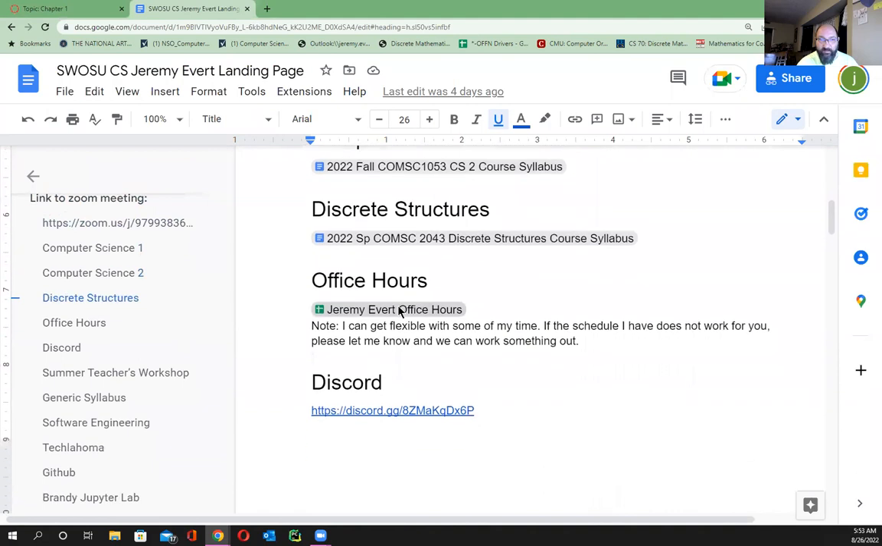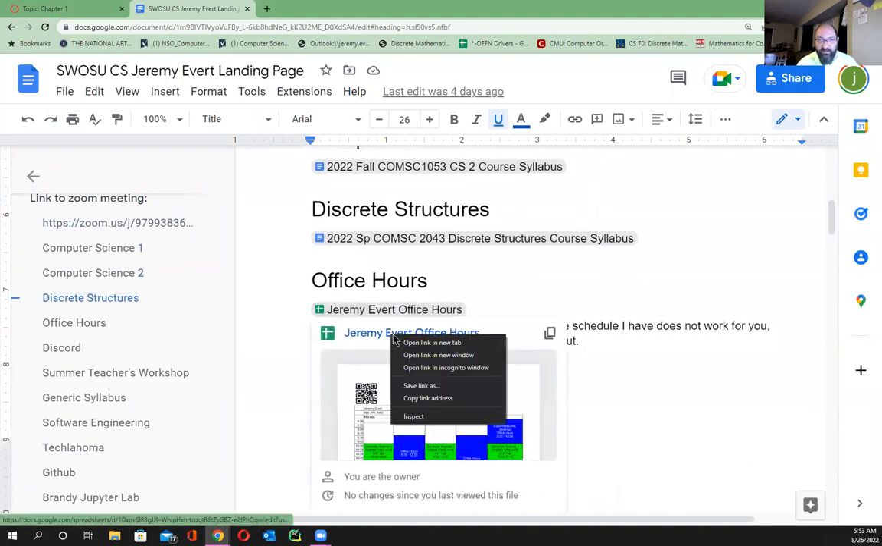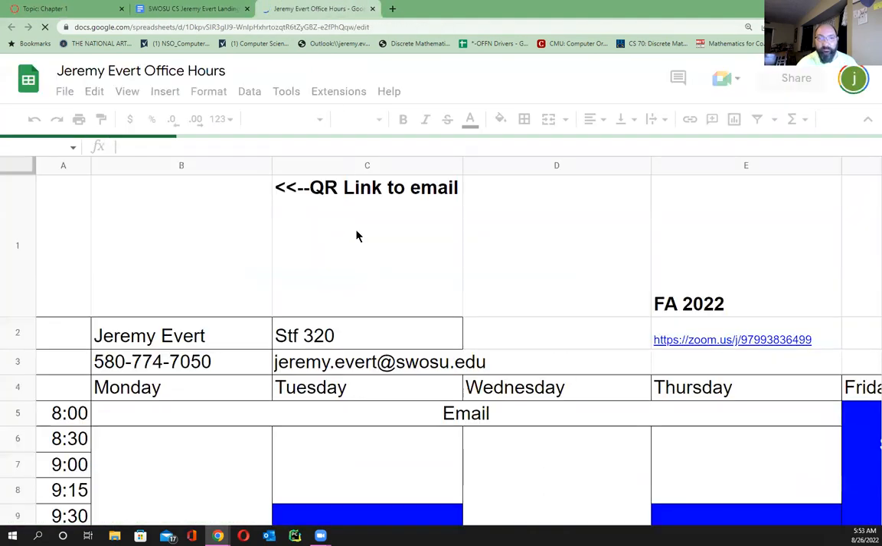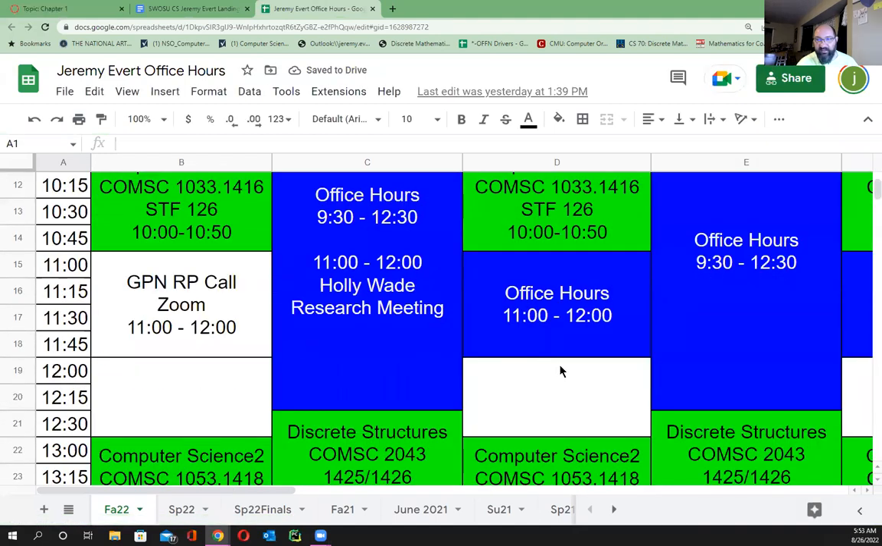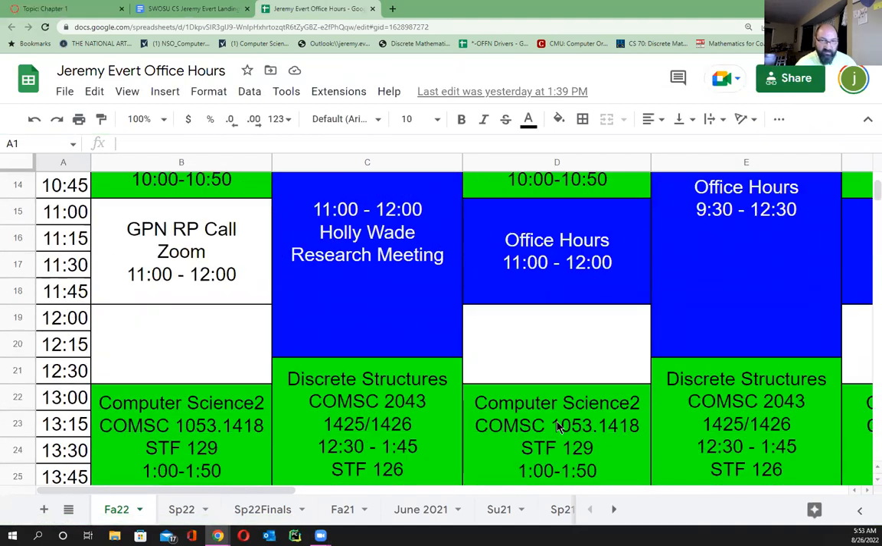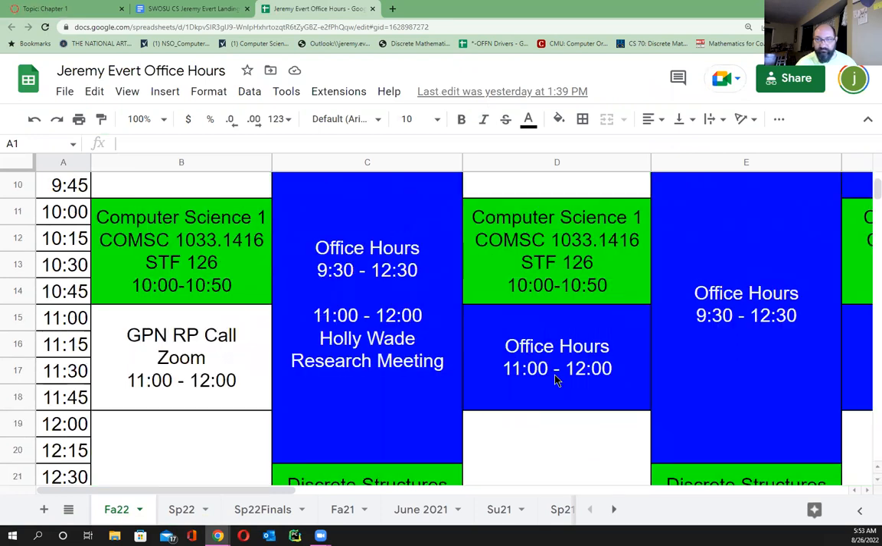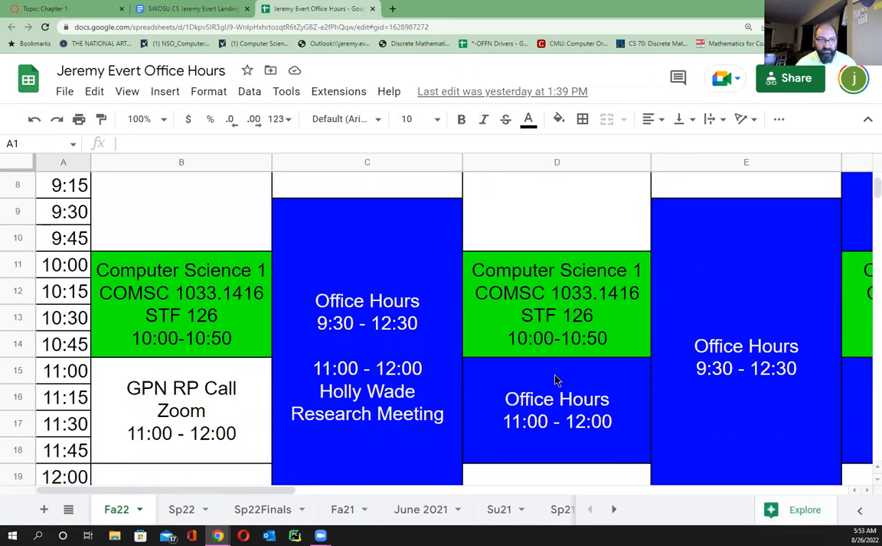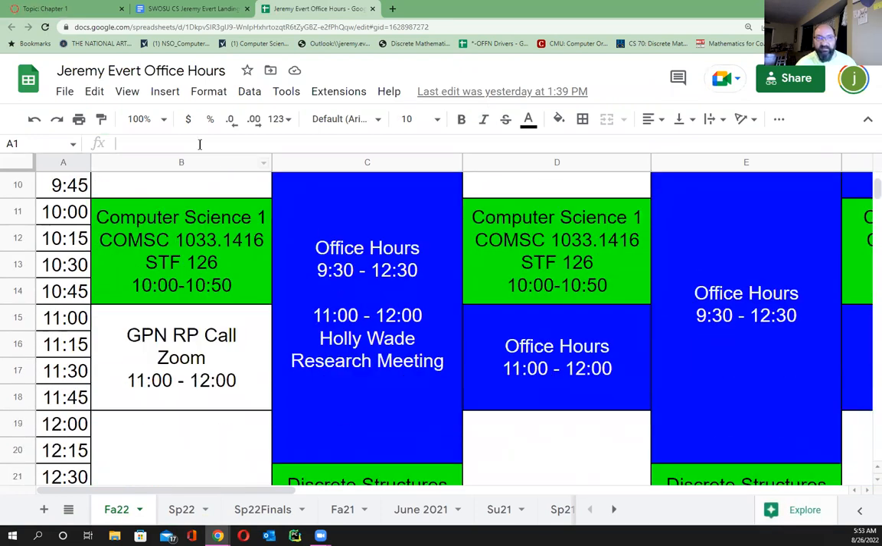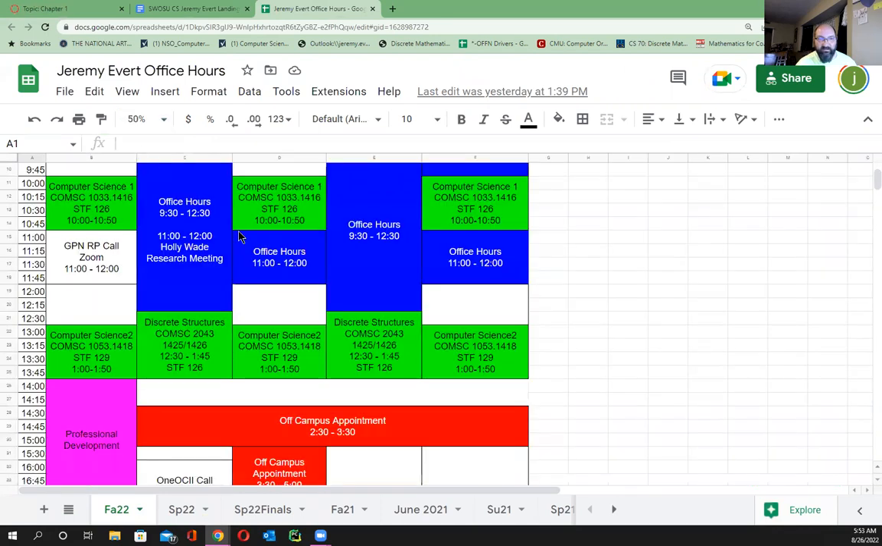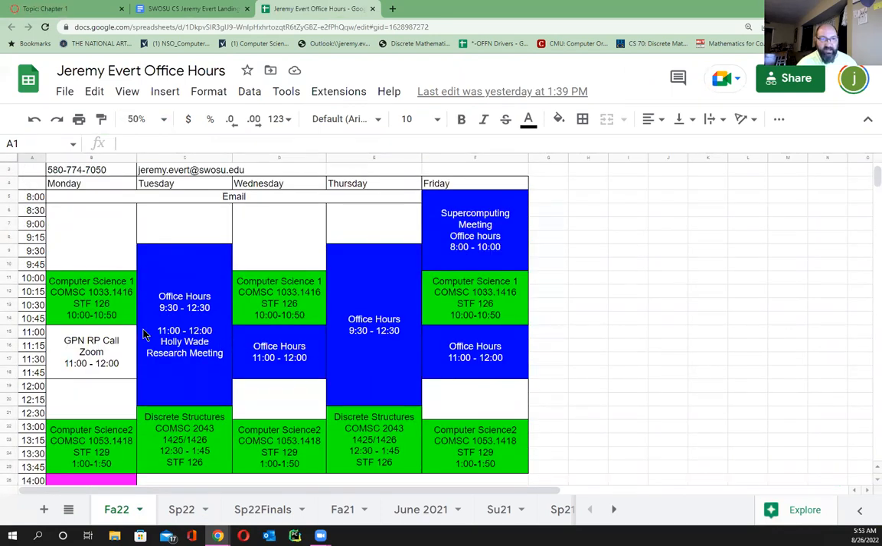You can also hop in here on office hours. And so I'll open this up in a new tab. This is what my office hours look like this semester. It's zoomed in a little bit close, but let's see if I can zoom out. There we go. So if these times work, then email me that you want to come by, because